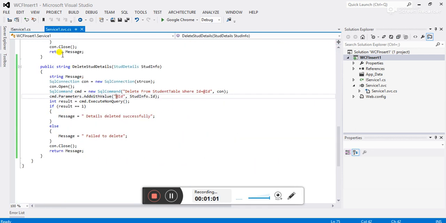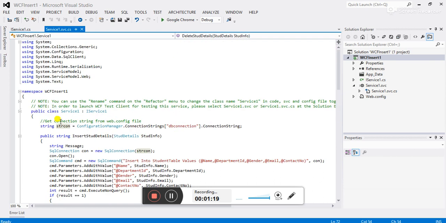So this is my delete function, and this is class, and this is the class object, and I have declared string variable message because we are required to return some message after completion of delete operation. And to establish the database connection, I have used SQL connection classes, and I have passed the connection string here, and I am trying to assign the connection string to this string variable. With this line of code, I am trying to read the connection string from my web.config.